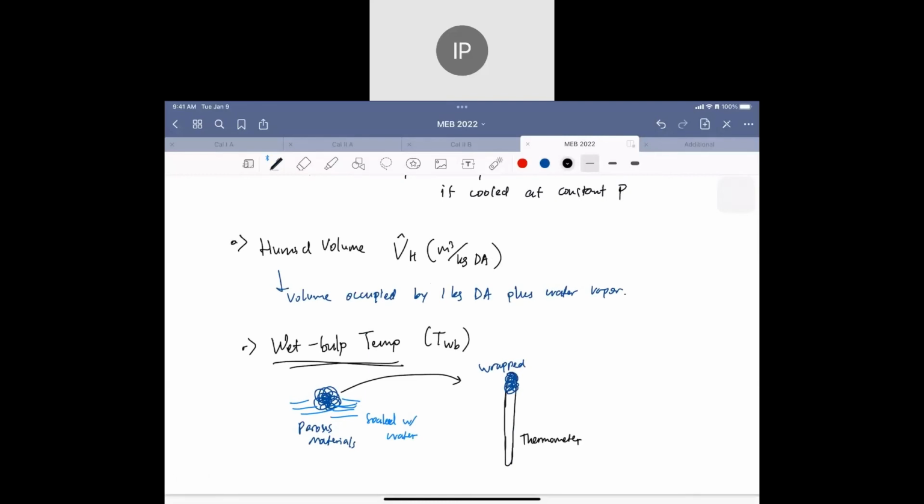Should be upside down. I mean, should be here. Okay. And the readings of the thermometer will be changed. So the final reading is what we call the wet bulb temperature. So the difference when we compare with the normal temperature, okay,